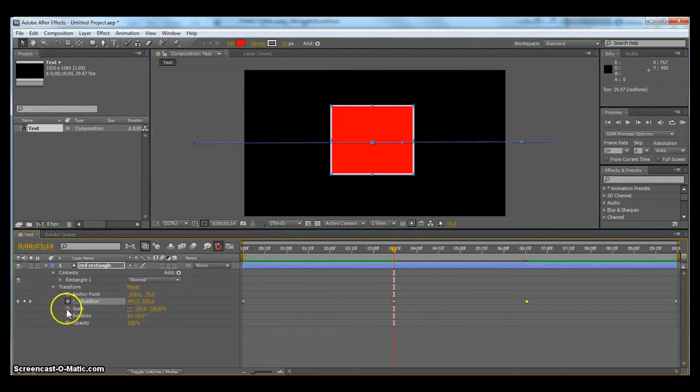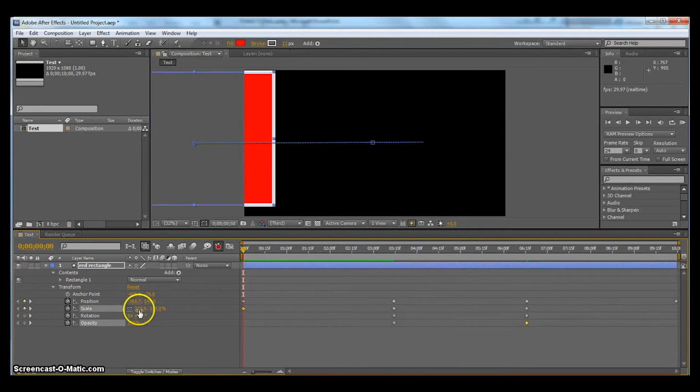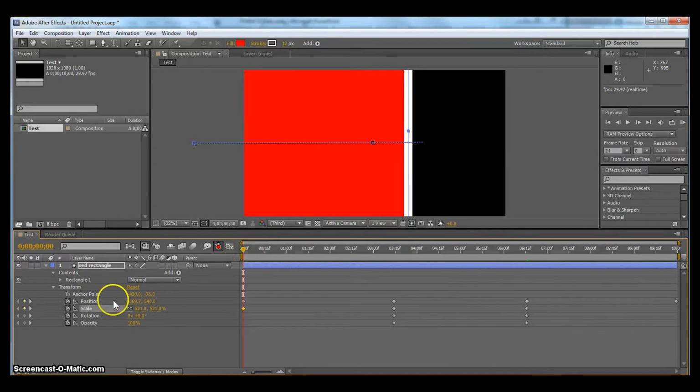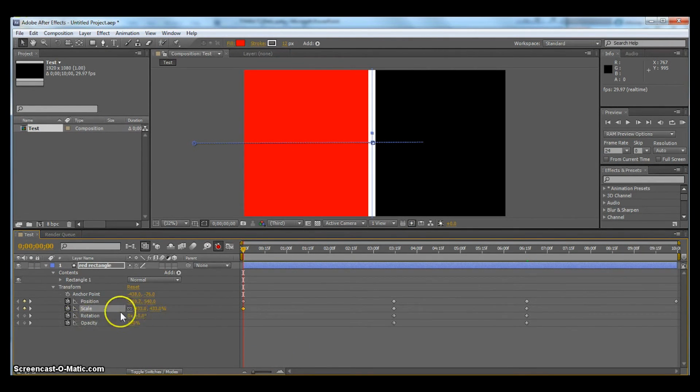I'm going to turn on my scale, turn on my rotation, I'm going to turn on my opacity, go forward in time, set keyframes for rotation, scale, and opacity, and then I could do keeping my pause, keeping my rectangle original size and position this whole time in the middle. And then I go back to the beginning. Maybe I'll make my scale huge, maybe not that big. Well, let's take it right to the middle, see what happens. All right, and then my rotation,